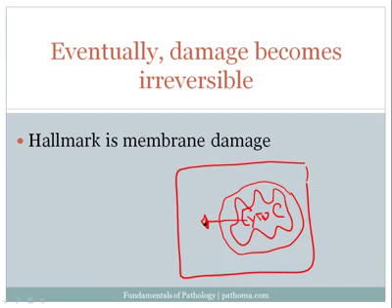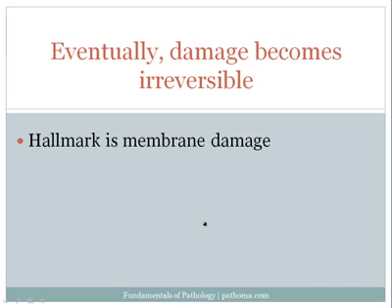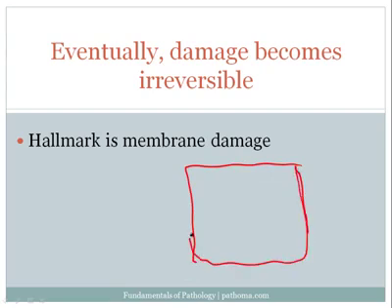A third type of membrane that is damaged is the lysosome. Now let's go back and remind ourselves that if this is a cell, one of the organelles within the cell is a lysosome. The lysosome is sort of the recycling factory of the cell. It contains lytic enzymes that have the ability to trash molecules into their basic building blocks. Now imagine if the enzymes present within the lysosome actually leak out into the cytosol, those enzymes are going to start trashing the cell itself. It's going to basically digest the cell. So that would be one problem.